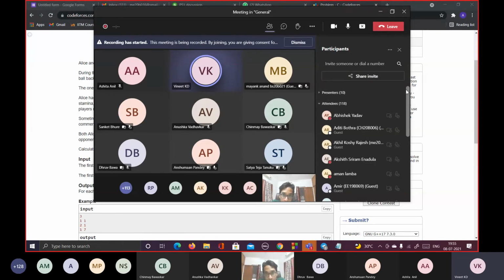I know it's a bit hard to understand at first glance. You can just try to figure it out with a few examples. It would become a bit clearer. The main point is that both individuals want to maximize their points, and simultaneously, if they have two conditions where their points remain the same, they will want the opponent's points to be as minimal as possible. That's the main crux of the problem.